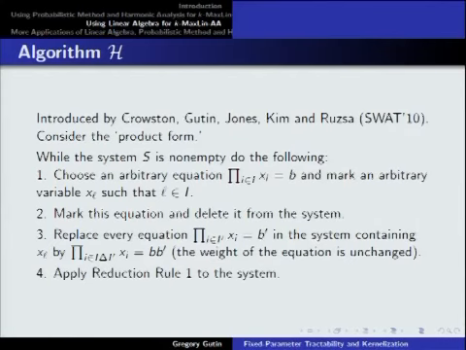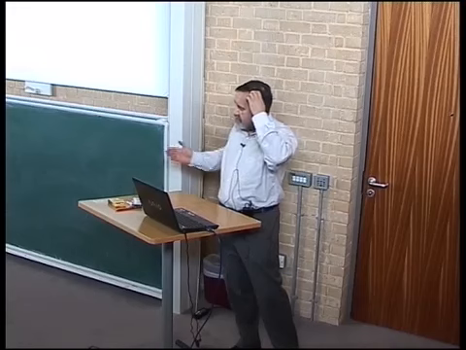And so this is in a product form, but you can easily imagine what is going to happen in the usual additive form. Then we apply the reduction rule to the system, and you continue. The problem here is that you may run out of equations very soon. So it's not like you are going to go for many steps in general, which is bad,